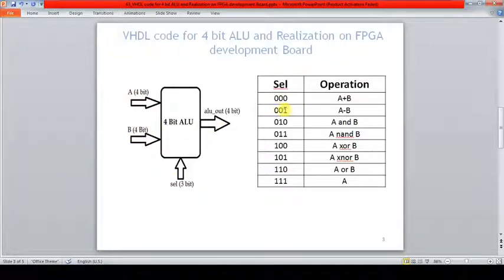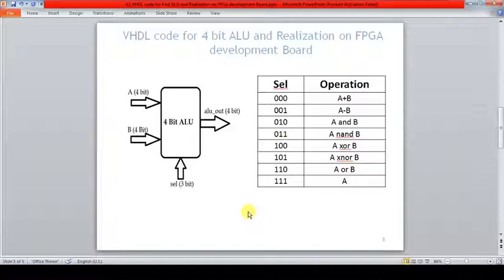When select line is 0 0 1, we are doing A minus B. Then when select line is 0 1 0, we are doing A and B. Then if it is 0 1 1, A NAND B, 1 0 0, then A XOR B, 1 0 1, A XNOR B. When it is 1 1 0, A or B, and finally if it is 1 1 1, we are passing whatever input of A, the 4-bit A, to the output ALU out. So for this function, now we are going to write a VHDL code.